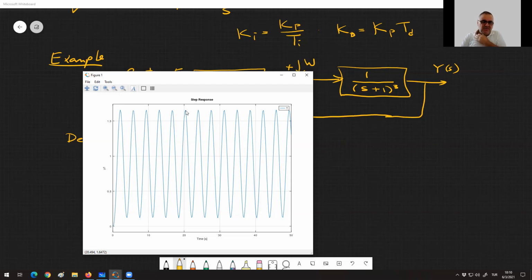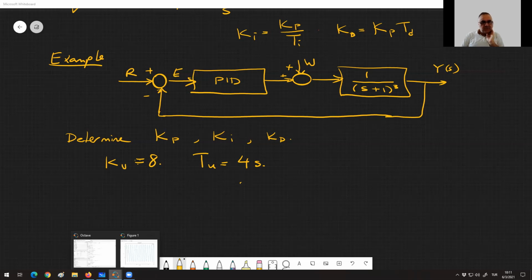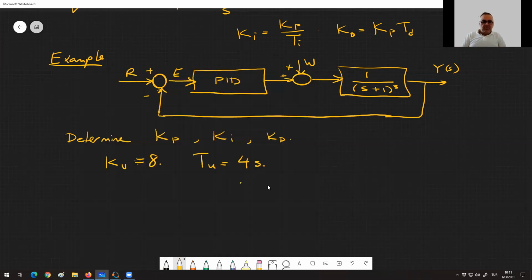Actually, it's 3.9, but approximately we can take the period to be 4 seconds. So the period of ultimate oscillations is 4 seconds, as you see over here. When the system responds like this with oscillations, the time between the two peaks is 4. We will use this in order to determine our